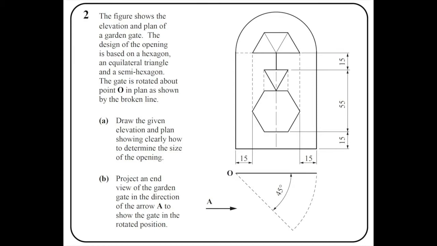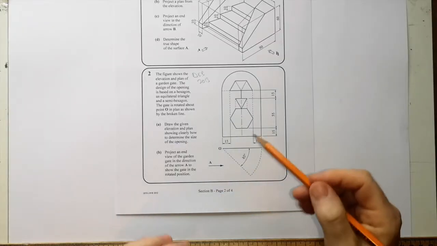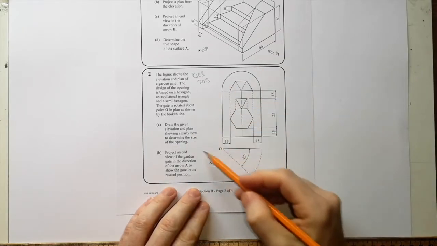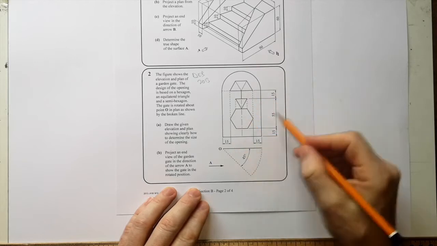Well, afternoon everybody. Now, today we're going to have a look at our question 2s, and this is from DEB 2013, so a past mock exam paper. It's a nice little one, our normal rotation question. So as we can see, when we look around, it's got our curves, it's got our bits and pieces